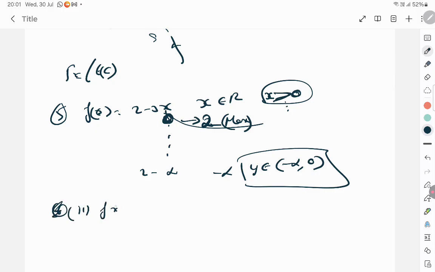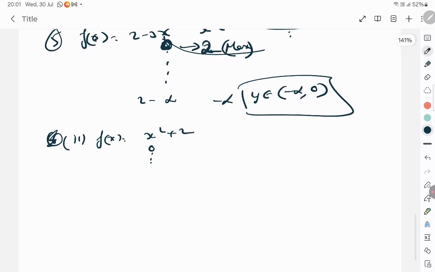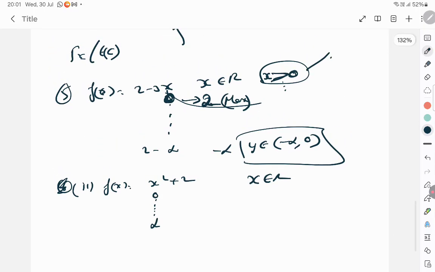Okay, sixth, there is another subdivision in this. The second subdivision, where f of x is equal to x square plus 2. The square numbers can take a value, x is an element of R. So square numbers can take a value 0 to infinity. In this sum, it was difficult because they have given x to be greater than 0. So you substitute 0 and get your value as 2, and then you go up to infinity. But it has to be really 2 to infinity, but you can't include the 2 because you can't include a 0 also. So open bracket